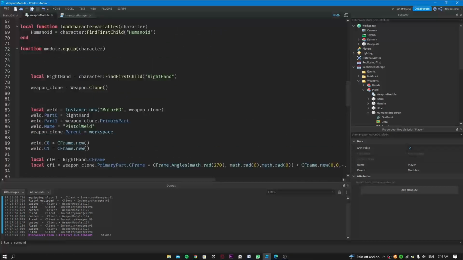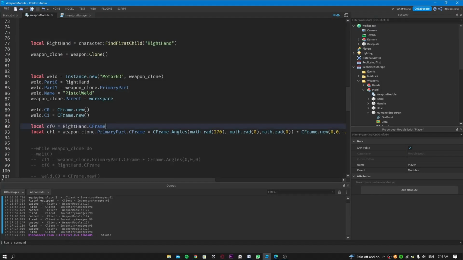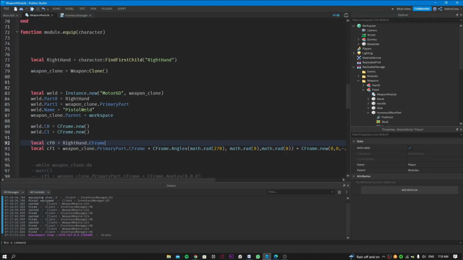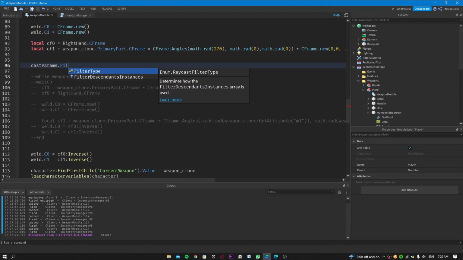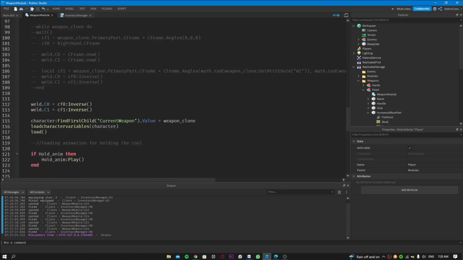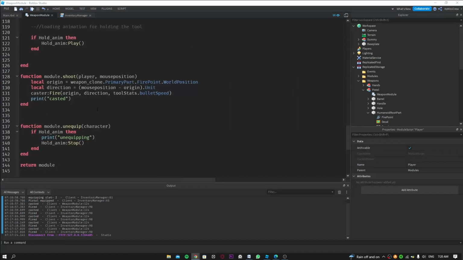And let's come back here to the equip. In equip, we're gonna do the thing where we save the cast parameters, filter descendants, character. Okay, that's one thing we need to do, and once we do that,